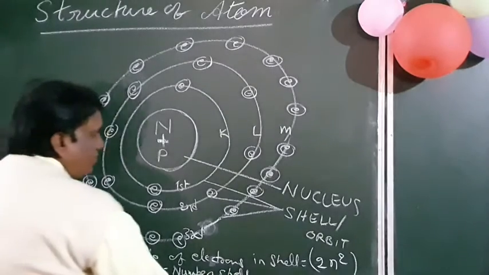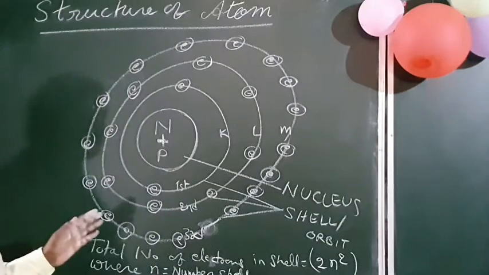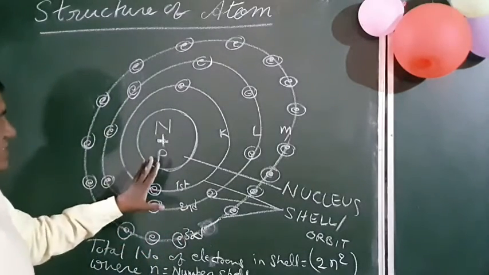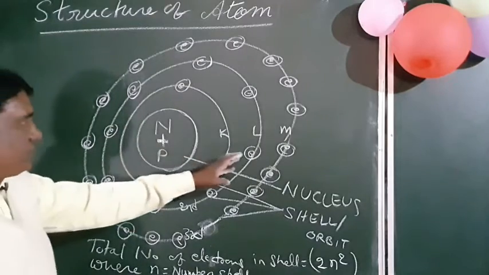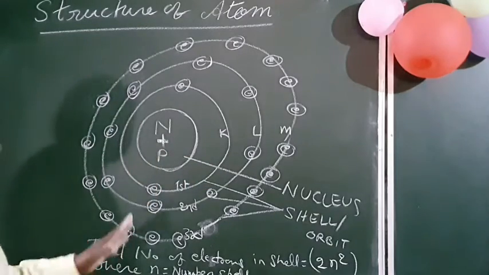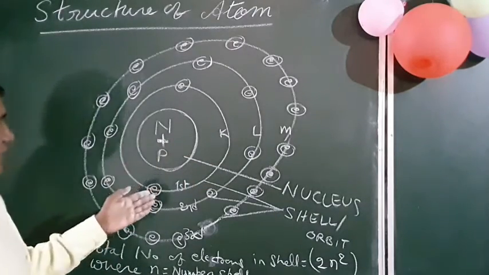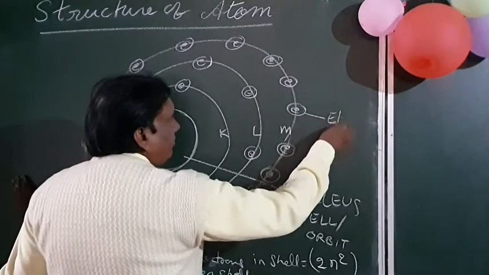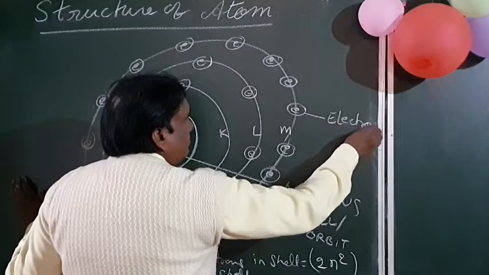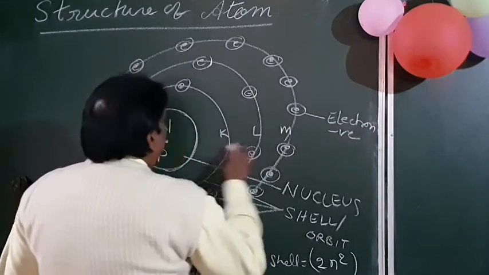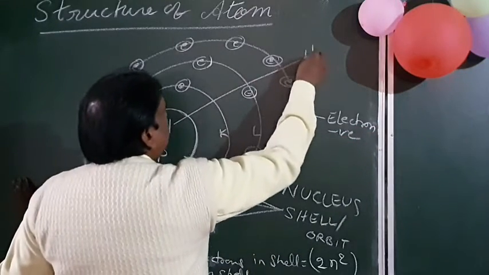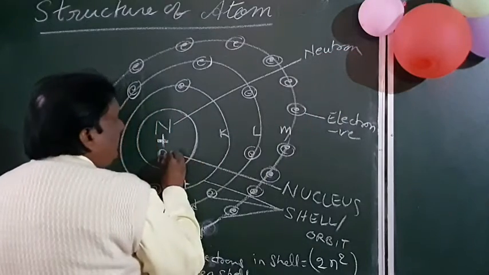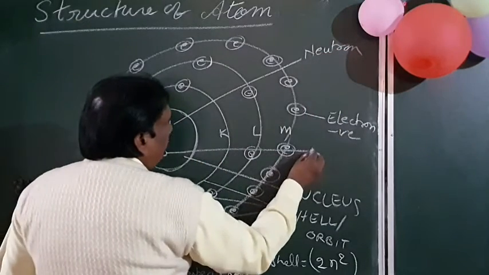Okay. So, students, you may draw this structure of the atom. Structure of atom consists of neutron, proton and electron. 3 basic particles are found in the atom. Electron is a negatively charged particle. These are known as electrons, having negative charge. And here N is called neutron. And here P is called proton